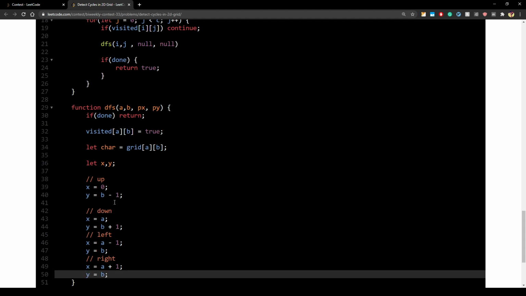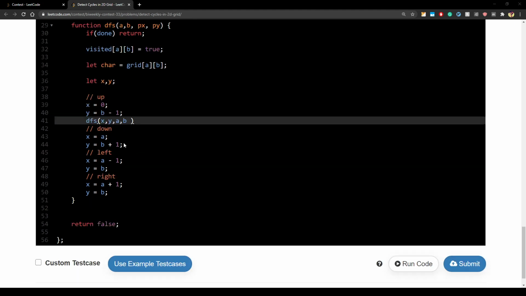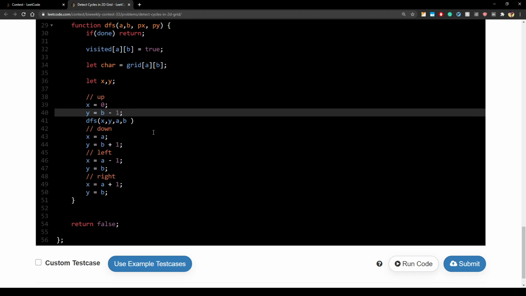Now I just need to do this DFS x comma y, and then you have to remember that parents are now a comma b, right? Because now we are coming from a comma b. So this is what we need to do from all these directions, right? But there is something which we need to take care of.